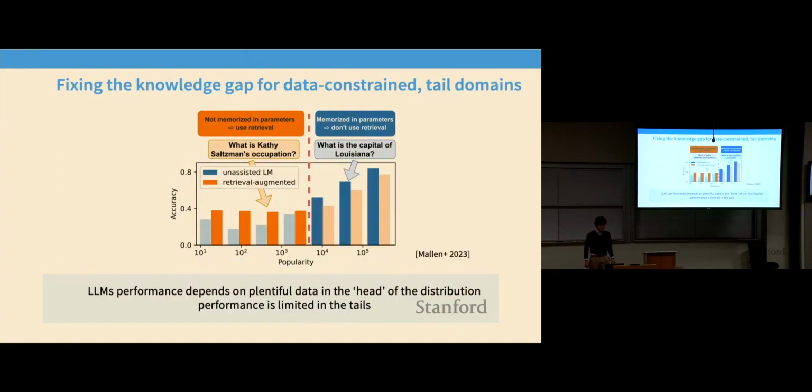The other thing I want to talk about is this knowledge gap for lower resource domains. We know that as entity popularity goes down, language models do worse, right? This is just a fact that's been observed over and over. And so, can we somehow overcome this gap? I have some knowledge out in this tail that I really want the language model to understand at a deep, fundamental level. Is there a way to do that?